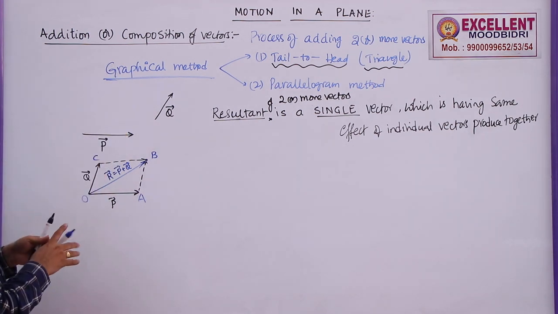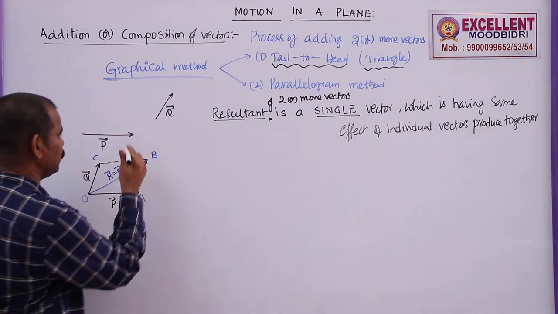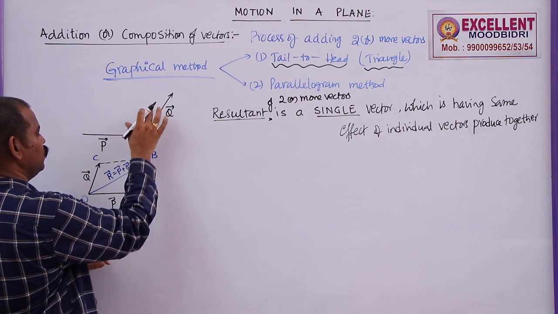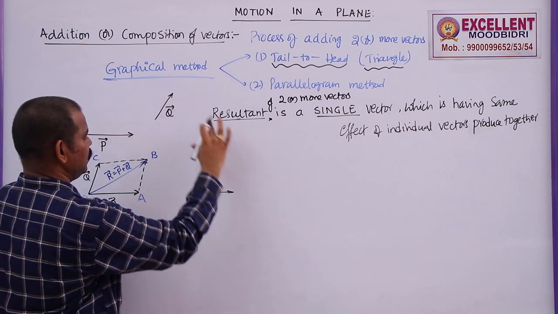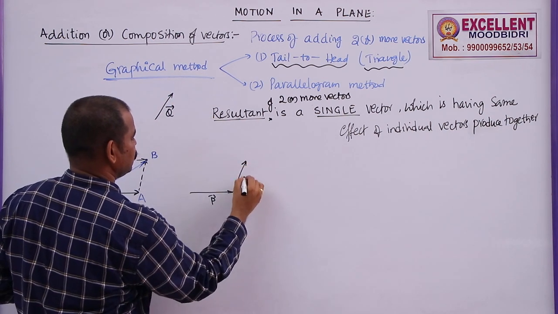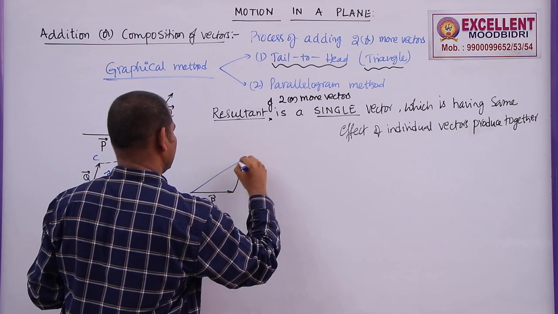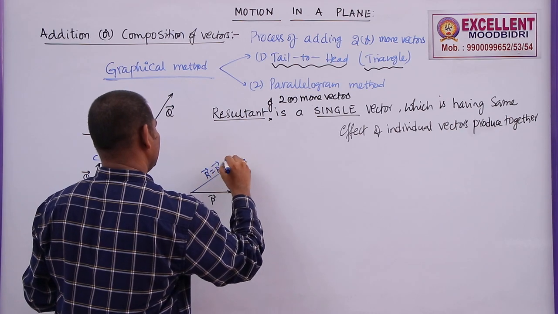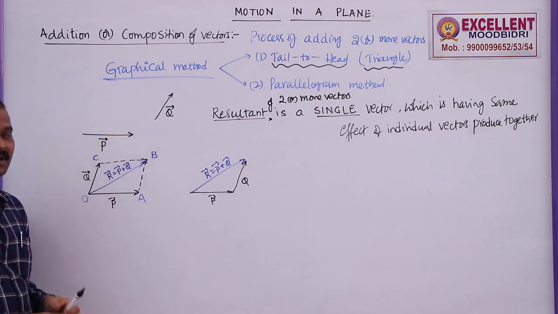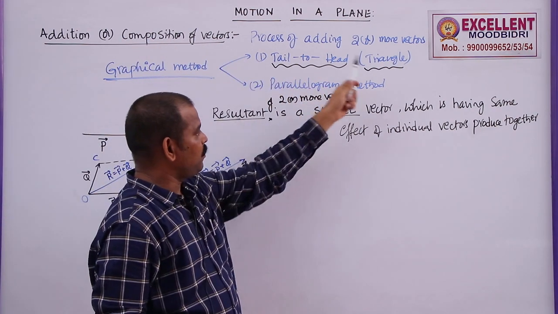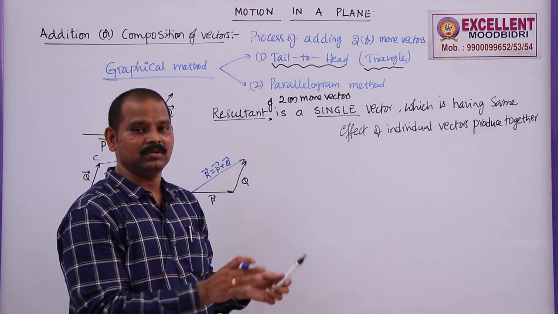But if you observe this one as well as the first one, both give the same result. Now in the first method, this is P bar, and from that in the triangle method Q bar will be like this, and this will be the resultant of these two. If you see these two diagrams, this is the resultant, this is the resultant. Both have the same length and act in the same direction. That means in the graphical method, both the triangle method as well as the parallelogram method yield the same results. There is no difference at all.